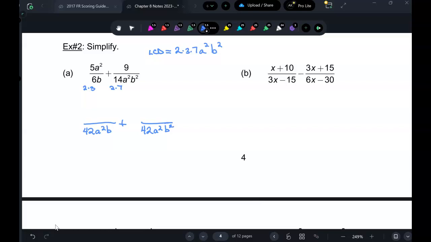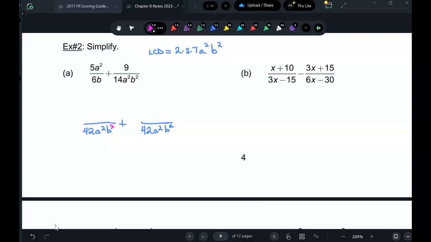Okay, do you understand? I want to find a common denominator. This is my least common denominator, so that's what I have here and here. Now, what do I need to multiply? Should there also be b squared in the first one? Oh, yes, thank you. Why do you do it twice though? Because I switch to the common denominator. Remember when we did the fractions and I put them both over 18? Sure. Okay, so if this is 42,